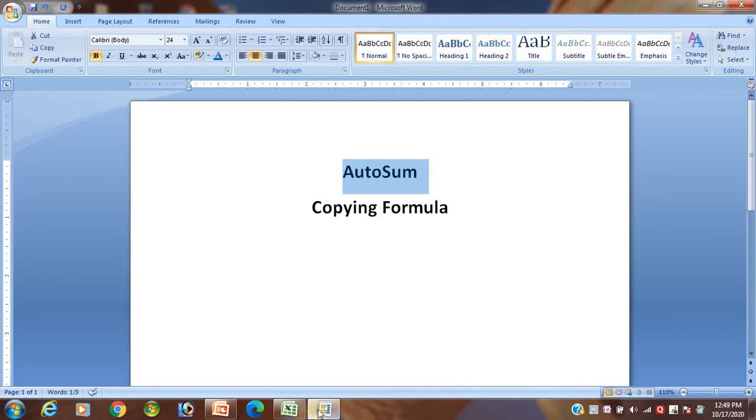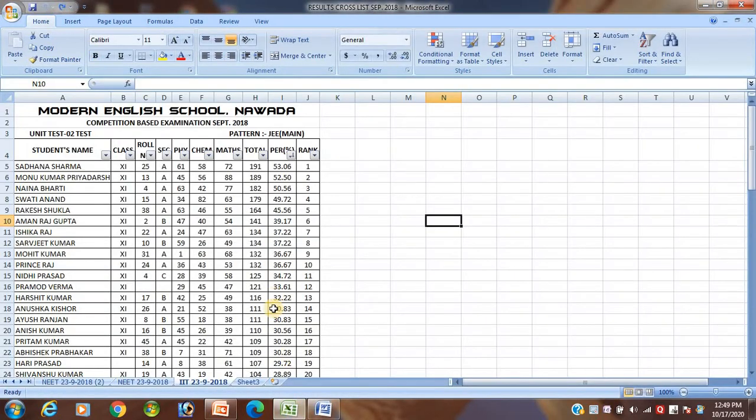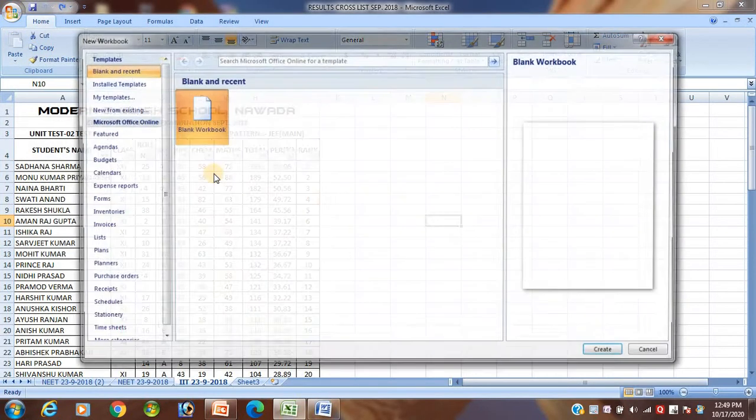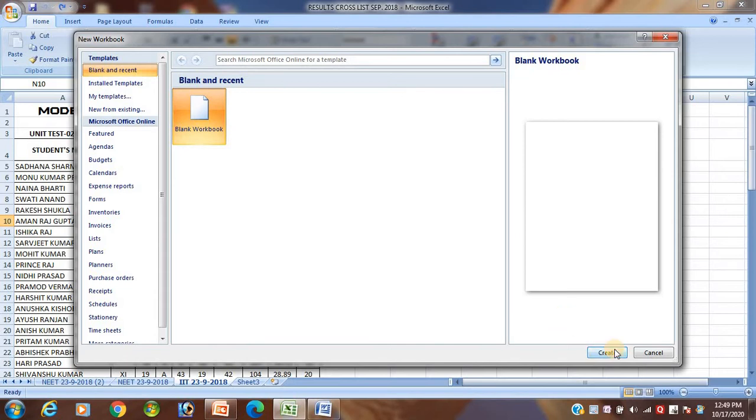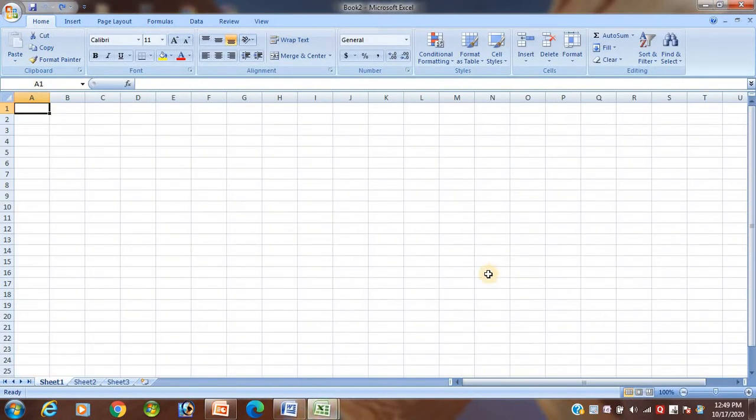Okay, see students, this is Excel. Suppose I want to open a new Excel sheet. This is the new Excel sheet. Suppose I want to write here maths, then science, then IT, then total.